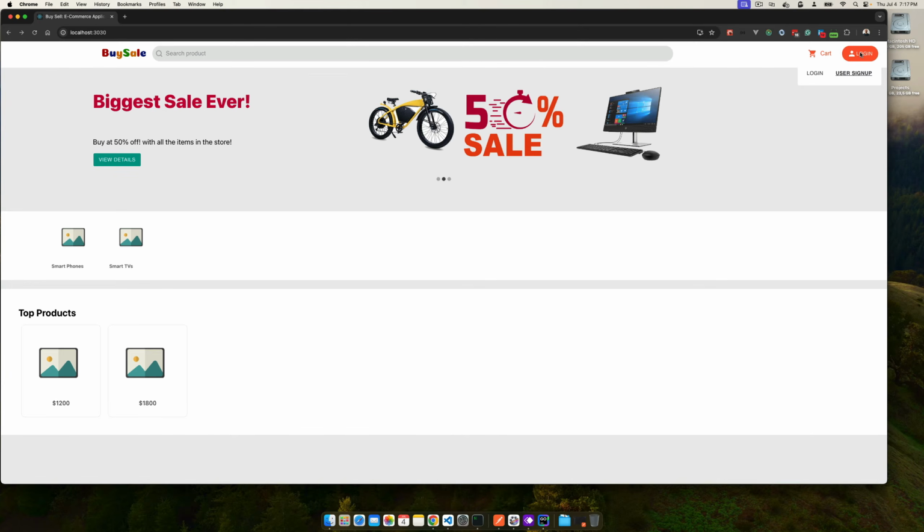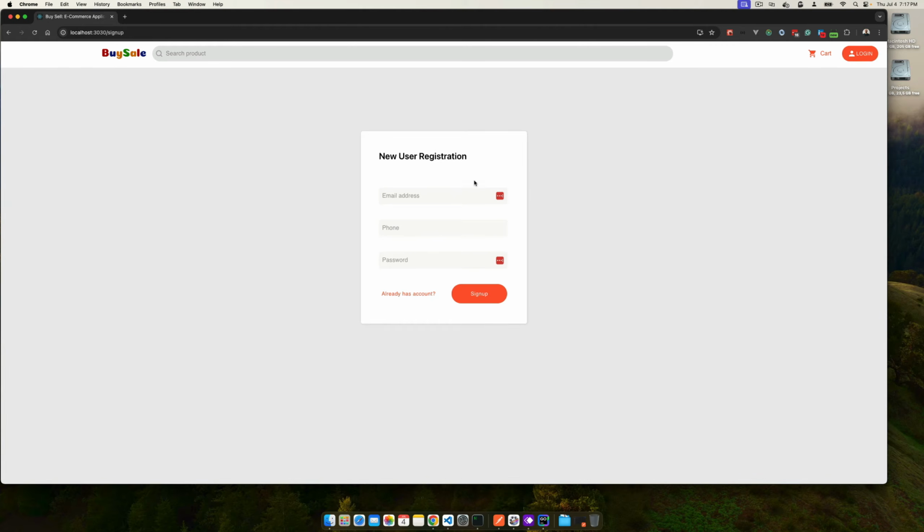So if you go here to the login, once you hover over the login, you can see two features there, login and sign up. So go to the user sign up here. And what we are going to do is sign up our user here, right? So let's put some kind of email right here. So I'm going to say